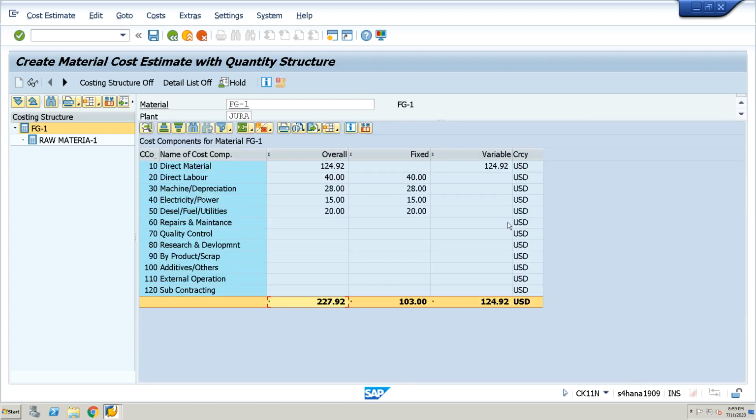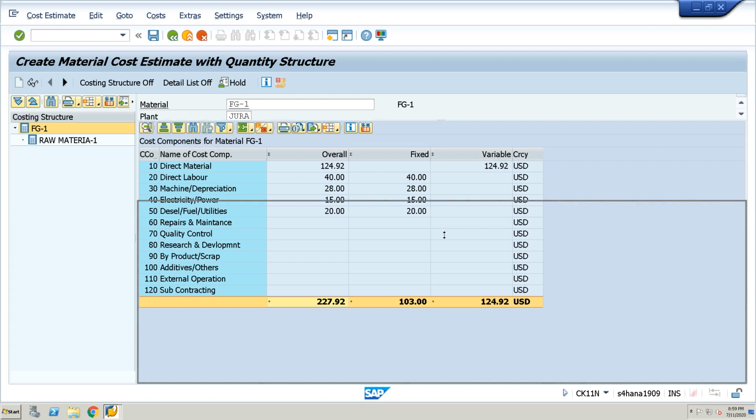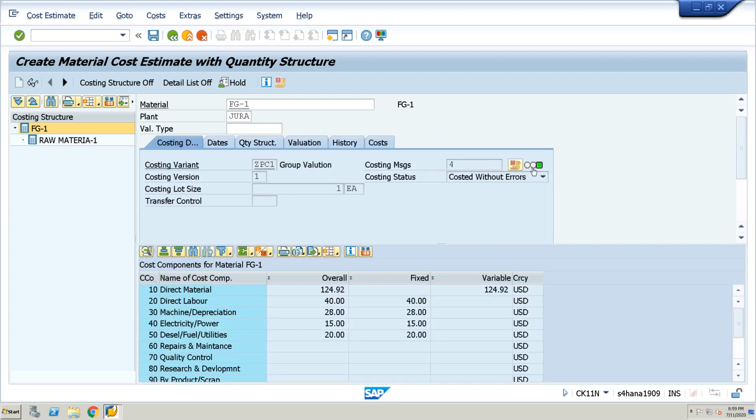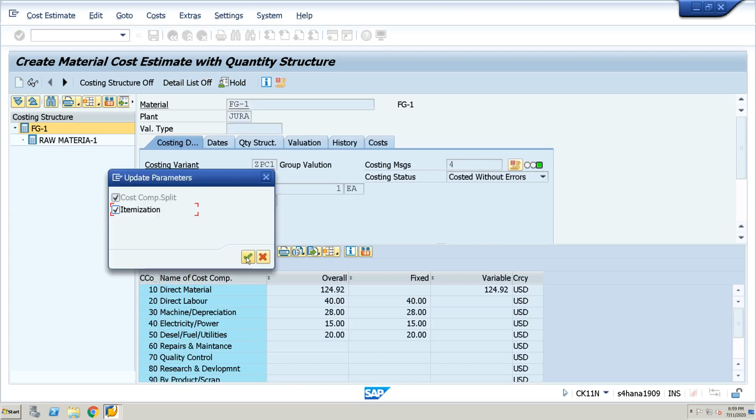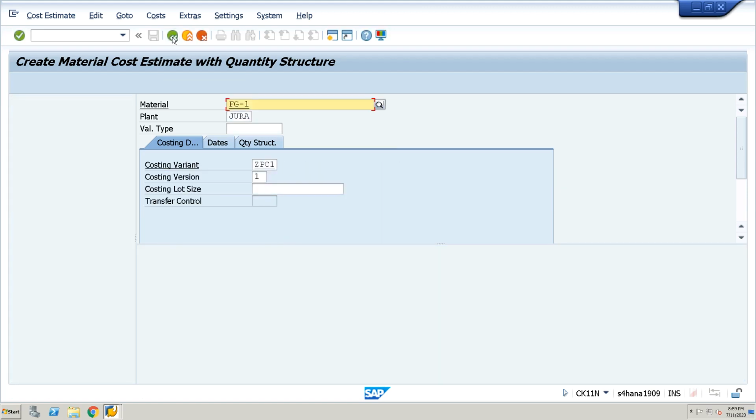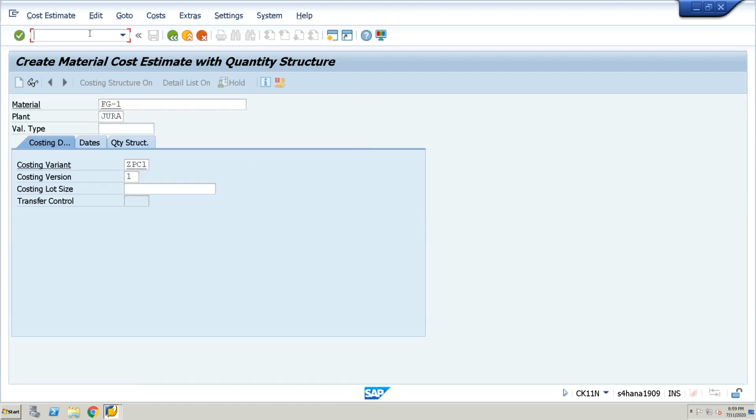227.92. Okay, once this is green status, then symbols is okay, go, then save. See here, observe, check this material, 124.92. You see this 124.92 material. Save, back, then release for this valuation, group valuation, CK24,